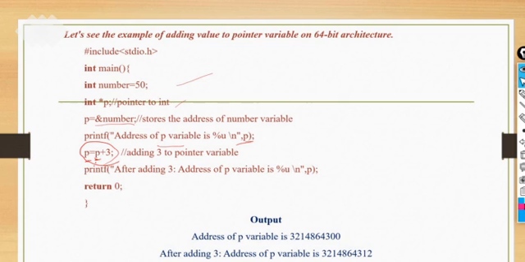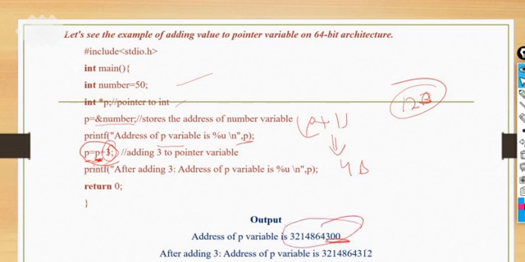One pointer value, if you are doing +1, how much space will it take? I've already told you, 4 bytes. So if you are adding 3, how much space will it take? 12 bytes, right? So whatever is the address of P, it will be incremented by 3 here. So if 300 is at the end, let's assume this is the address, it will become 312, right? So if you are adding 3 here, it will update it by 12 bytes, yes, because